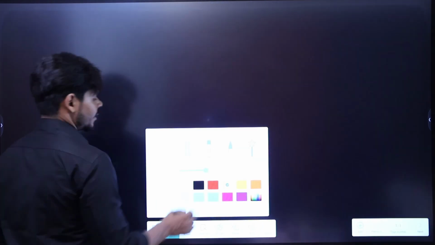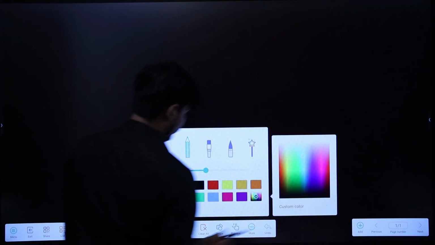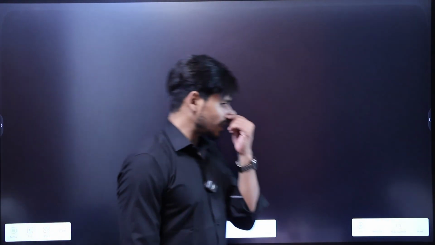Welcome to day 85 of Maths Wizard, and today we are going to start a new chapter. The name of the chapter is Reflection. In this chapter, we are going to discuss topics related to coordinate geometry, and you can say that this is one of the easiest chapters of the whole book of class 10.